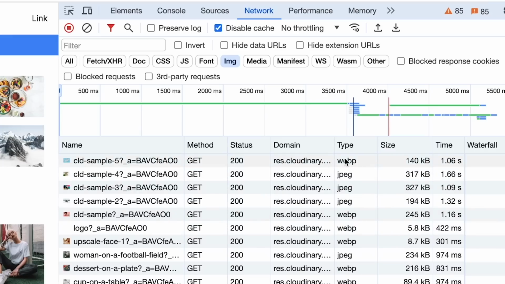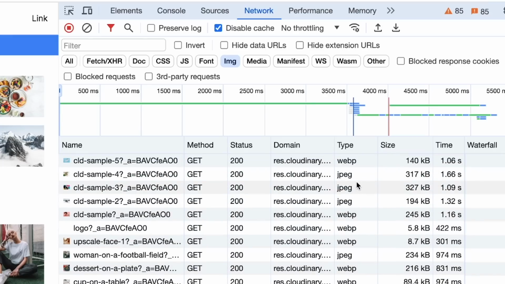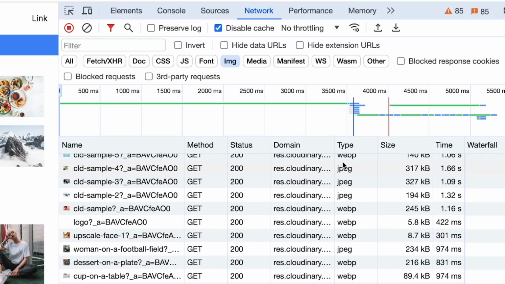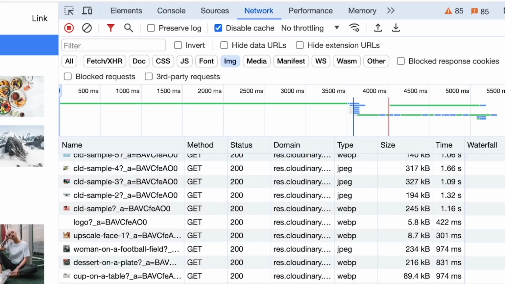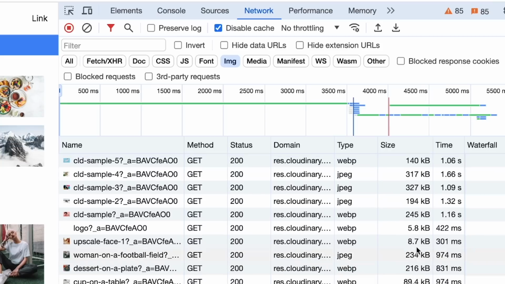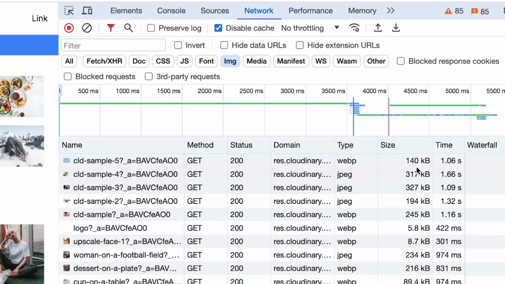We can see that we're getting a bunch of WebP requests instead of all those JPEGs. Now let's just hone in on one. We can see this top one, CLD sample 5. We have now a WebP file, and it's being served at 140 kilobytes. Generally speaking, most of these files are definitely smaller than they were when we were serving them before. Sure, some of them are still a few hundred kilobytes because they're big files, but generally speaking, they're now being